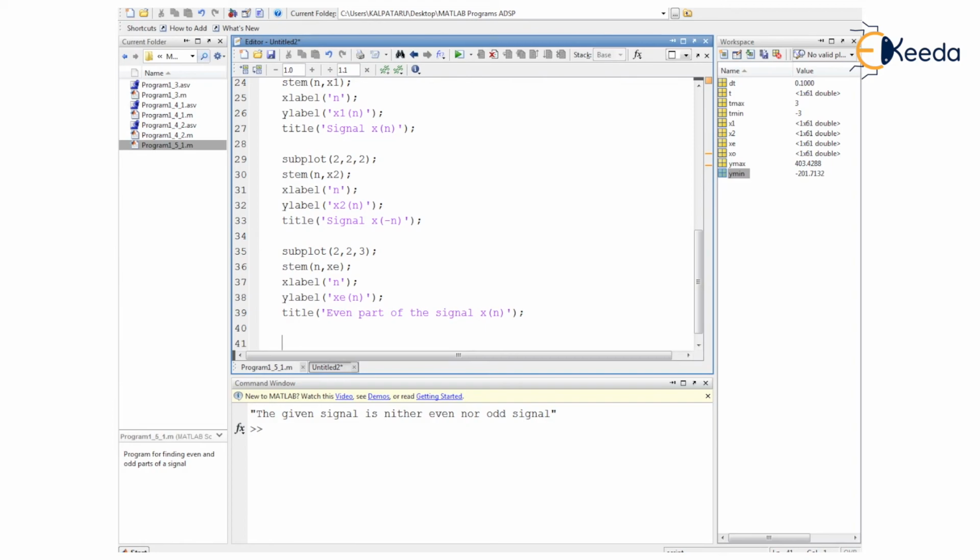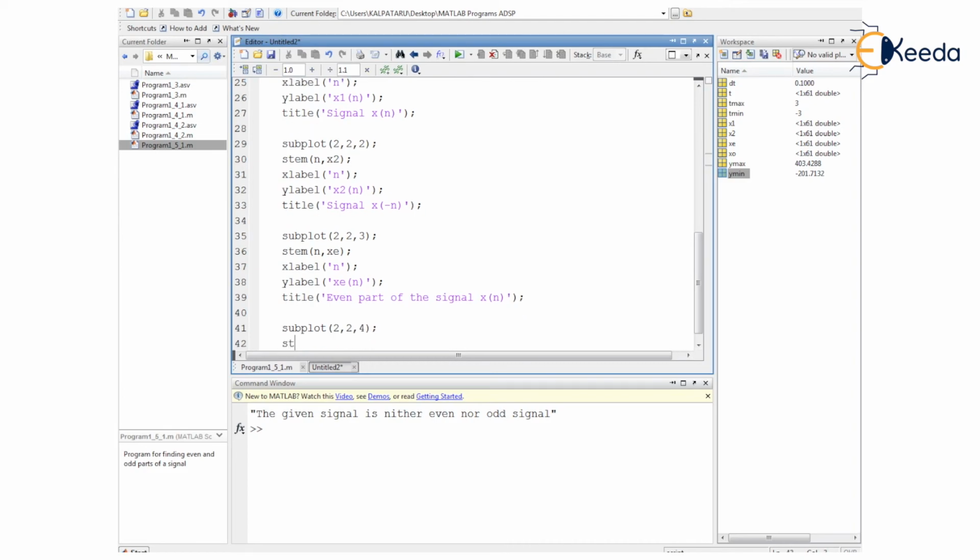Now we have to display the odd part of the signal. So let us make use of the last cell of the subplot here. So subplot command 2 comma 2 comma 4, ending it with a semicolon, then making use of the stem command. Inside the stem, the input arguments are n comma xo.